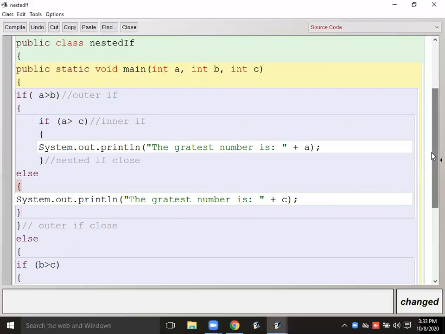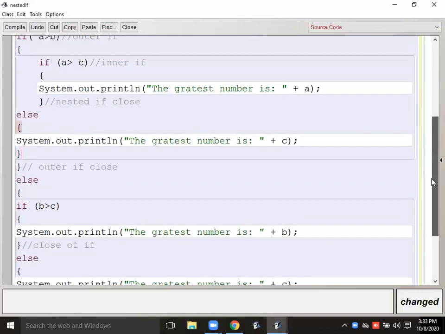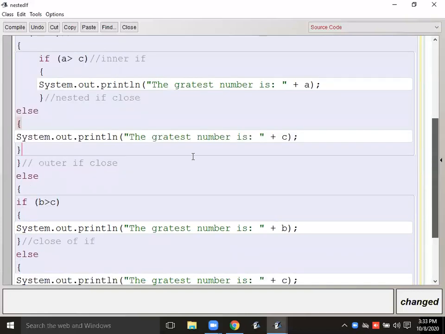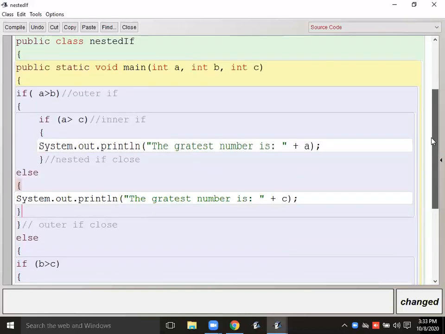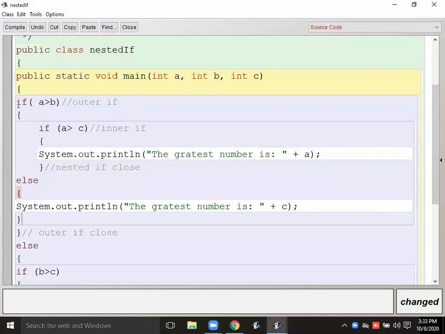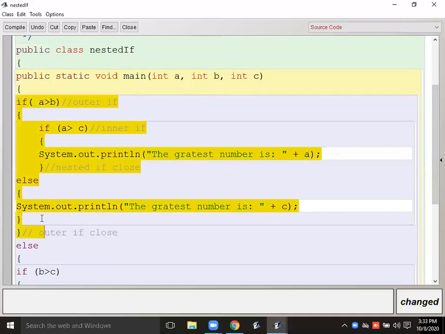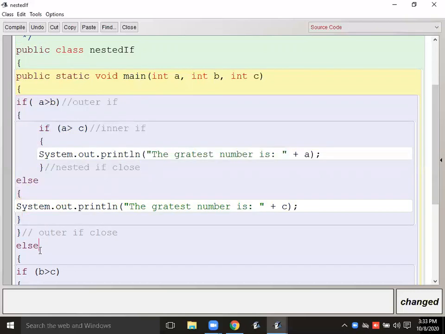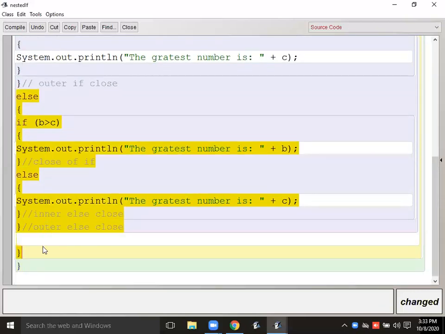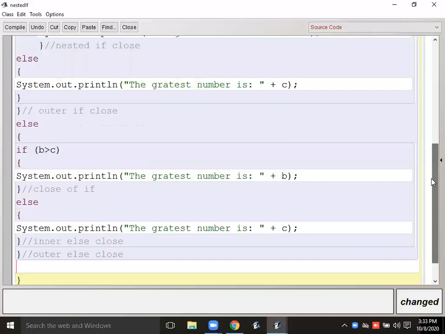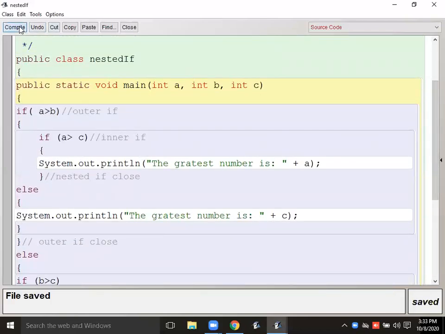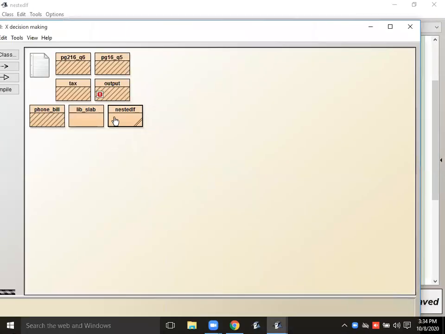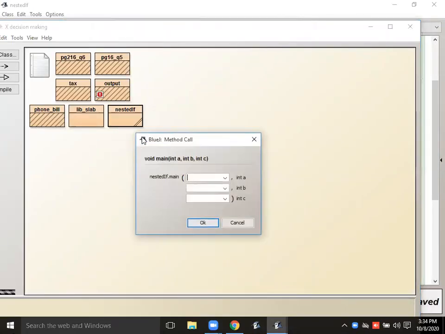Okay, so this program we can make by using the nested if like that. It means if within the if, sometimes there is no requirement to make the else in the if, but this example is showing you all the if and else in the nested form. It is a little bit difficult to make the program by using the if else if. That's why we are avoiding it, because it's also increasing the complexity in the compiler. But if it is given in the question, then we have to make it. Otherwise, we will do it by using the ladder if only.